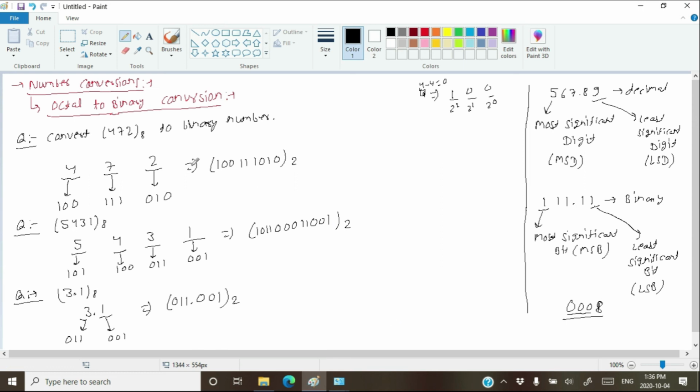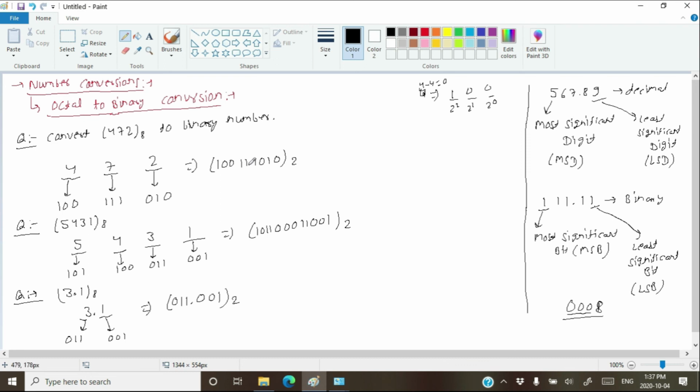So you can say that octal is actually the short form of the binary, because you have just expanded all the digits of the octal into 3-bit binary to get the corresponding binary. And that's why you can say that octal is just a short form of a given binary number. Instead of writing a long binary number, you can write an octal number, and that can be further expanded into 3 bits per digit to get the actual binary.